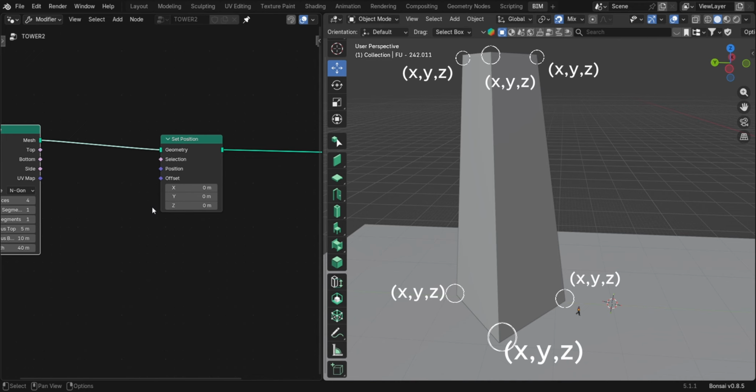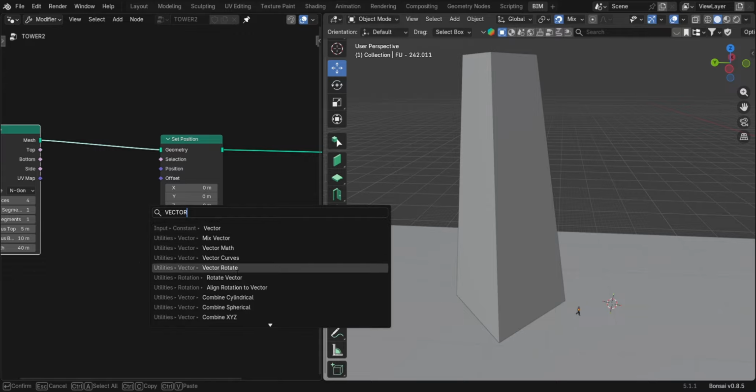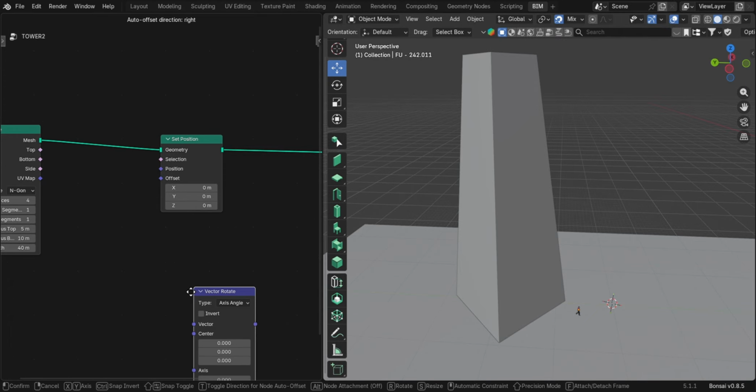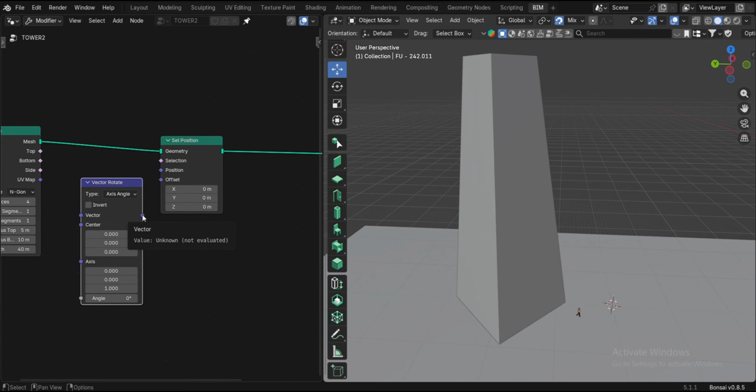To tell these points to move, we're gonna add a Vector Rotate node. This is the node that is going to rotate or twist our tower. The Vector Rotate node takes in a vector and rotates it around a chosen axis by a specified angle. I think you understand that we have to rotate our geometry around the Z axis, this vertical axis, by an angle.